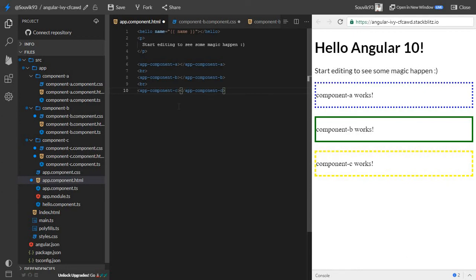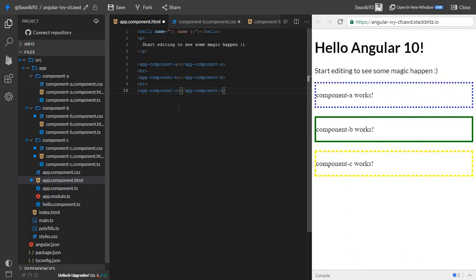Today I am going to show you one way to share data between sibling components. There are multiple ways to share data between Angular components. You can use the input and output decorators that come built in with Angular. I already made one video for the same; you can check the video description if you want to watch it. And today I am going to show you the other way.